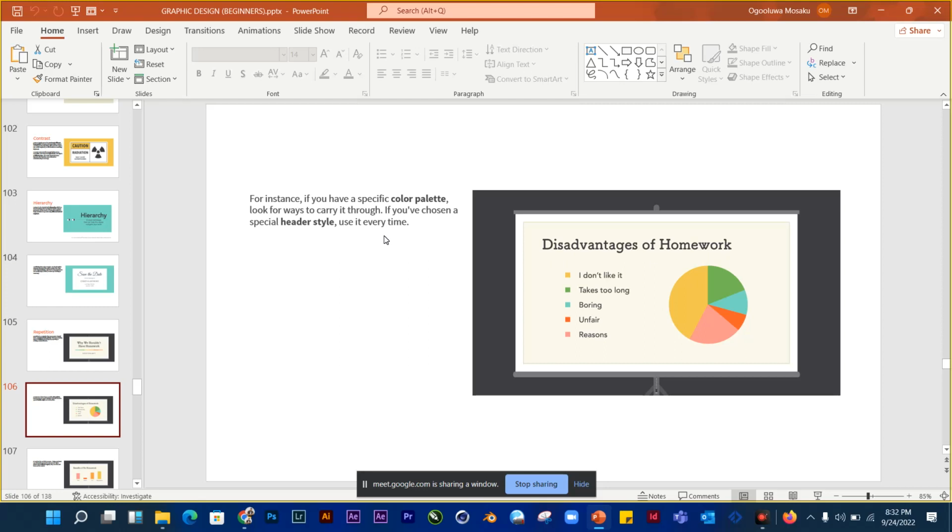Let's say I want to make use of a color. If you are making use of the color, be consistent with it. Don't have too much color in the design to the point that it distracts the reader from getting the main information. So that is what repetition and consistency is telling us. Your color palette has to be consistent. When I use a header, let's say "Disadvantages of homework",